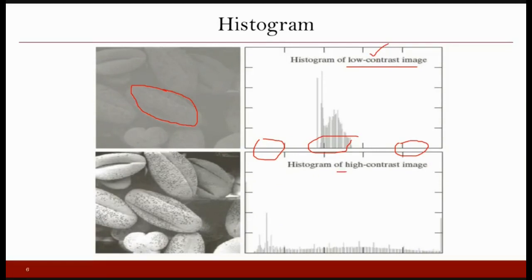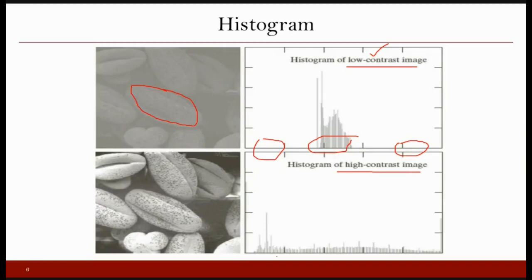And when we say the image has high contrast, this means there is too much difference between the objects and the background, or the foreground and the background. So in this case, you will find that some of your pixels will have very high intensity or very high gray value, and some of the pixels will have very low value. Or more precisely, we should say that more number of pixels here will have high values, and similarly, maybe roughly an equal proportion of the pixels will have the low gray value.